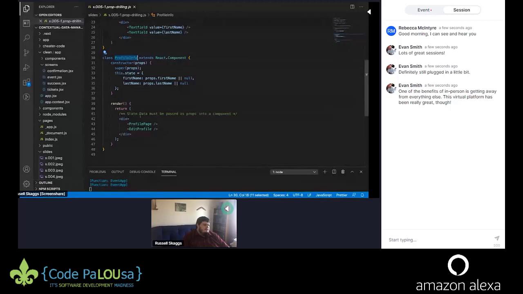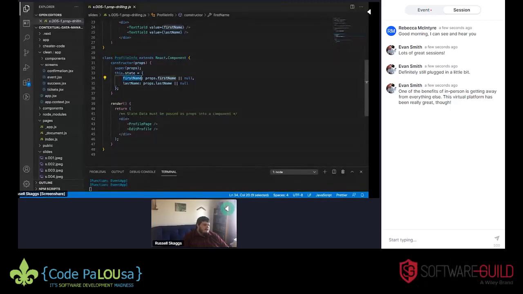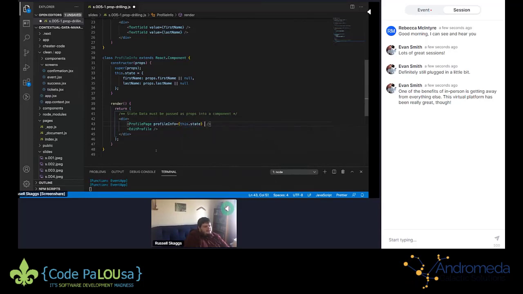And then I would have to go in and pass all of these, like first name equals this.state.firstName, or I could also pass it as profile info equals this.state. But if I needed to actually edit that, then I would also have to either create a custom method on top of the class structure,